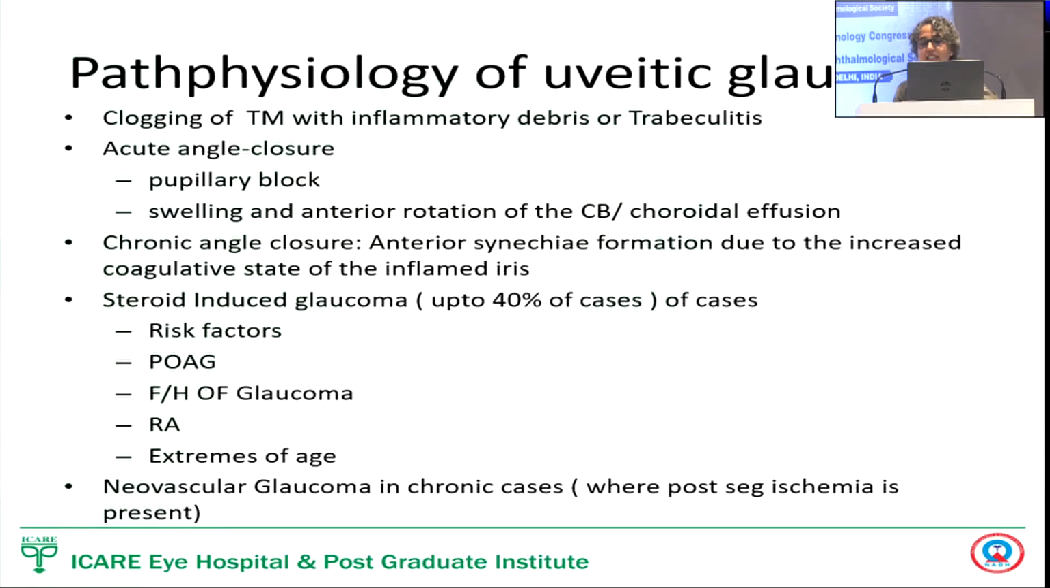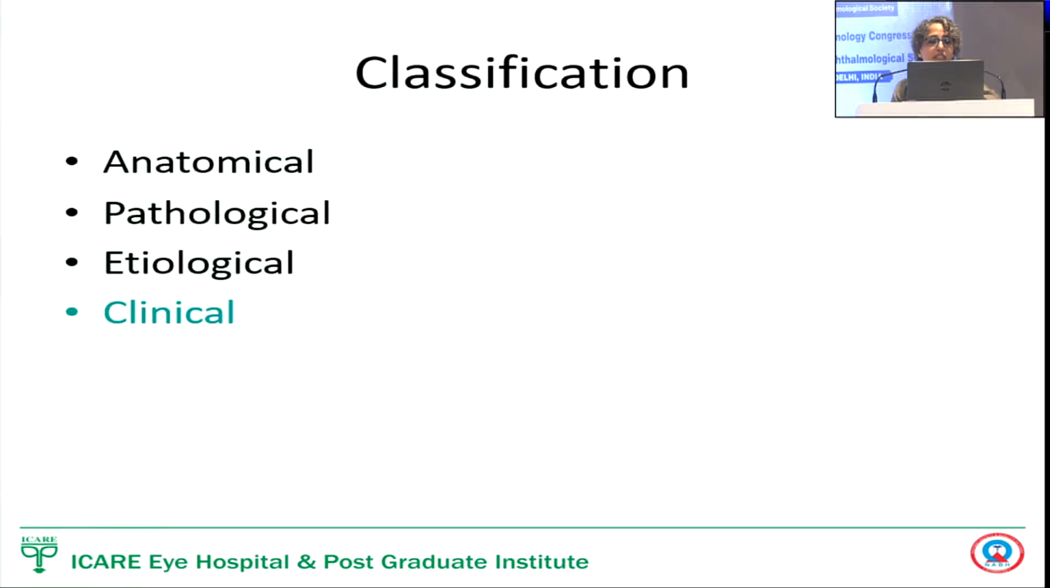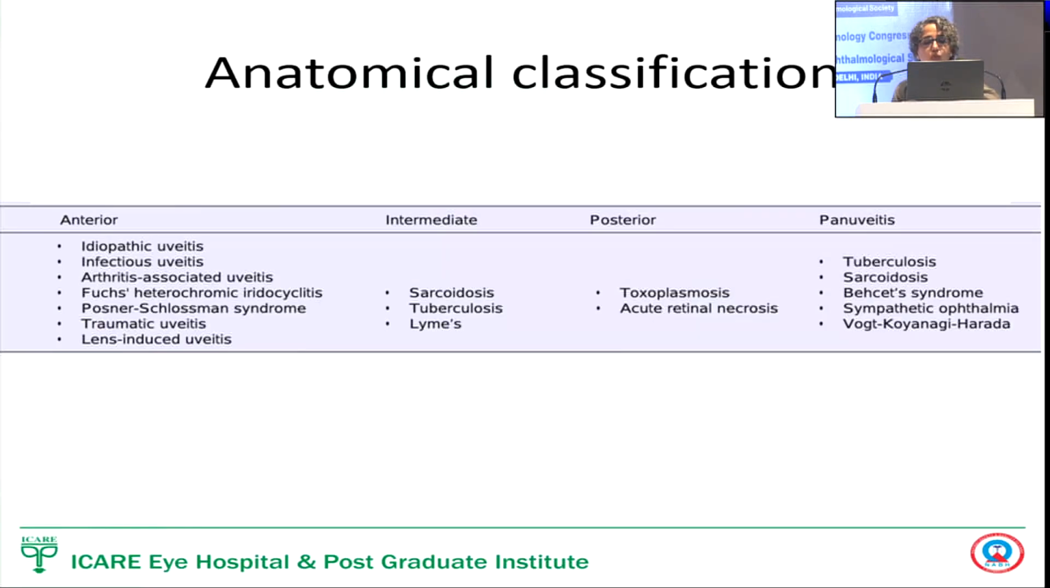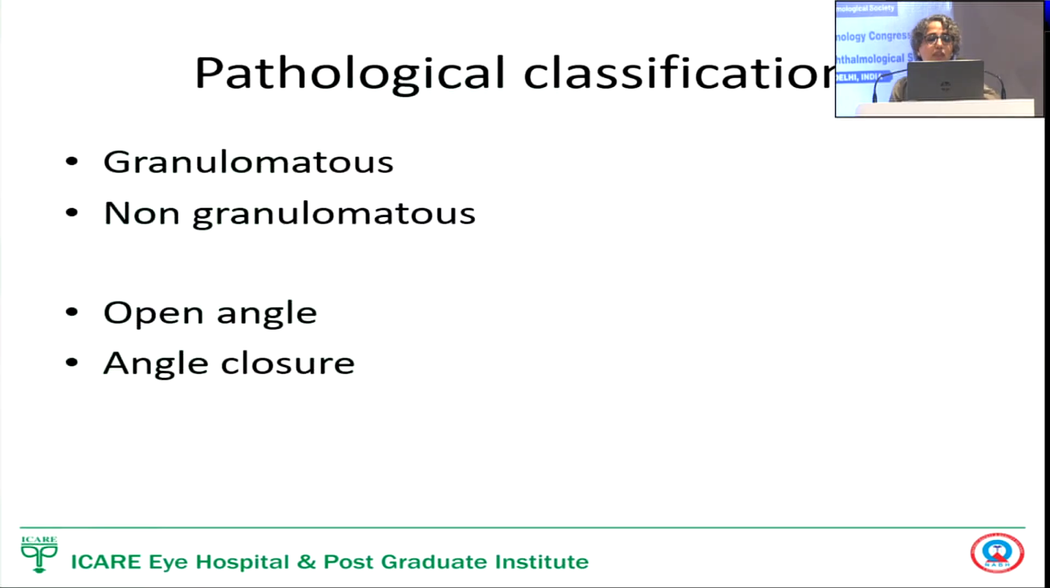Steroid-induced glaucoma, as I said, is something that, again, 40% of such eyes can develop, especially patients who had a pre-existing risk of open angle disease or family history or extreme ages. Very young patients and the older ones are at a higher risk. Sometimes in chronic stages, if you have panuveitis and ischemia, even neovascular glaucoma can be seen. I'm going to quickly go through all this and skip it and just talk about the clinical